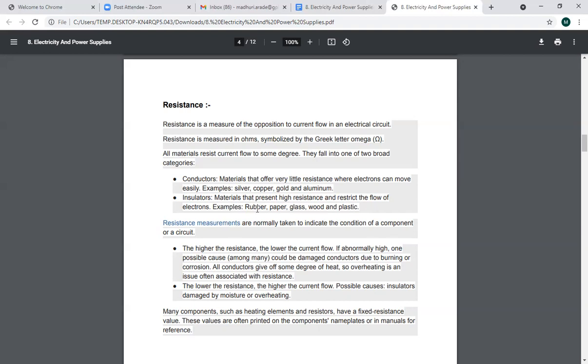So when we want to stop the flow of current, then we should restrict it with some resistance, and that resistance will be in the form of such kinds of materials. These materials are required when we feel there can be chances of shock, so to save from that we can use such materials that everyone knows about.